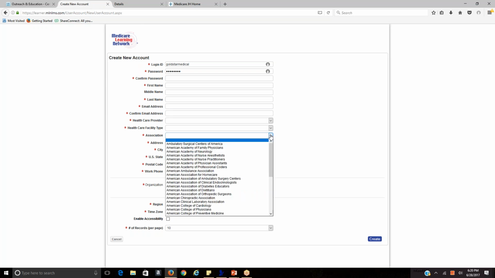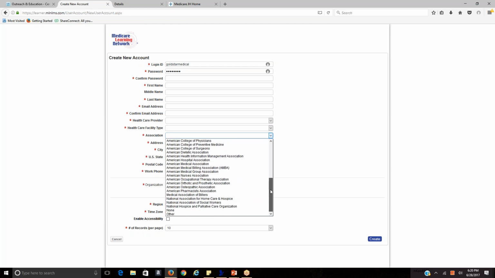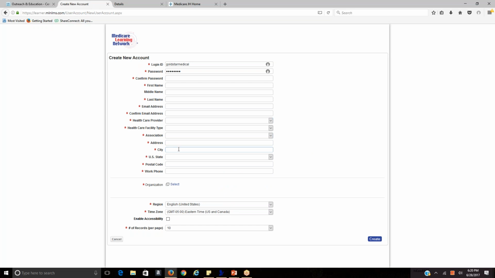And then under the association, you could click on Other or None. Then you have your address, okay? And there's going to be a section for your address, city, state, zip, postal code, work phone. And then in the second section it says organization, and you'll notice that there is an asterisk, so you